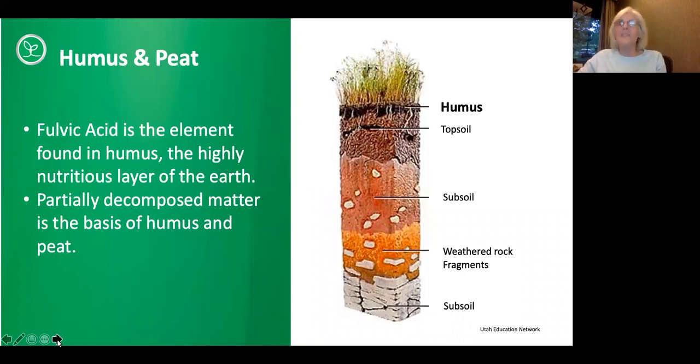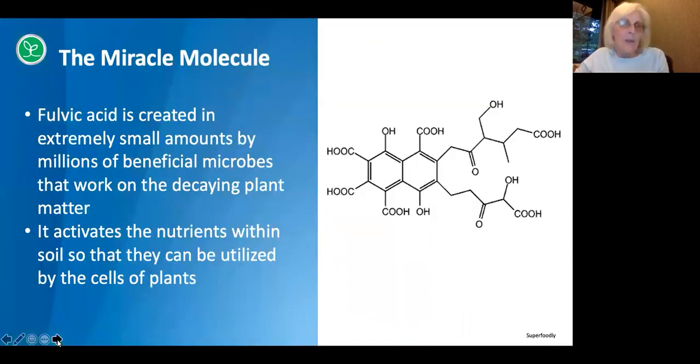So the humus is made up of many organic compounds found in Earth's soils and rocks and sediments and bodies of water, and it's the partially decomposed matter that is the basis of this humus. Now, fulvic acid is only one component of that humus, but this is what we call the highly nutritious layer of the earth. And it's in this highly nutritious layer that it feeds the plants and ensures that they grow strong and healthy. Now, fulvic acid is often termed nature's miraculous molecule, and it really is termed that